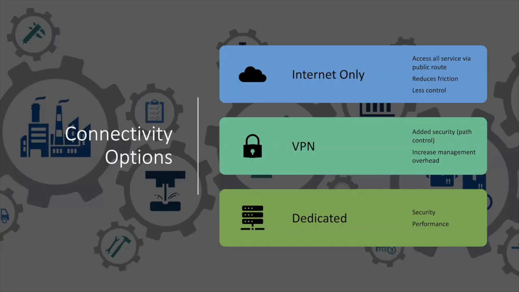So let's talk about a couple of different scenarios of how we design a multi-cloud network. We can go with that latter example that I use, which is internet only. You know what? Let's use the public cloud as it was meant to be used. End users sitting in their home office will access resources on public cloud through the naked internet. Obviously, all services will go through that Comcast or AT&T local home connection. This reduces the overall friction from consuming cloud services.